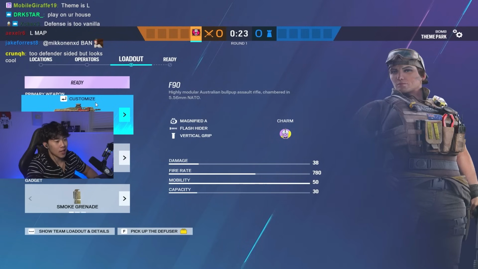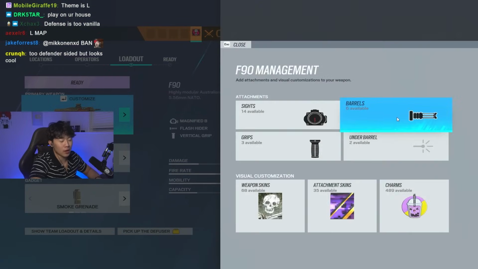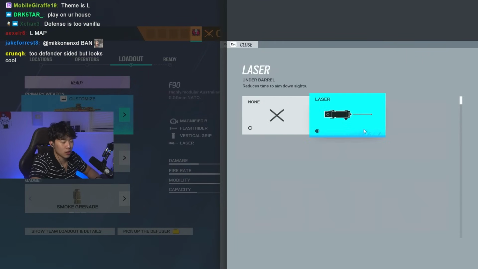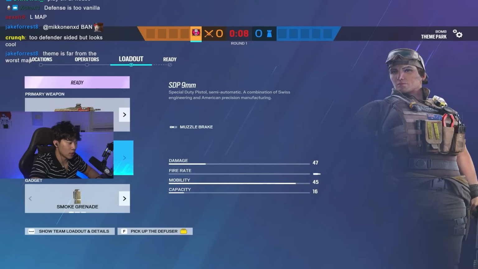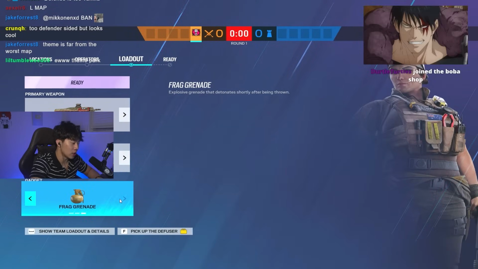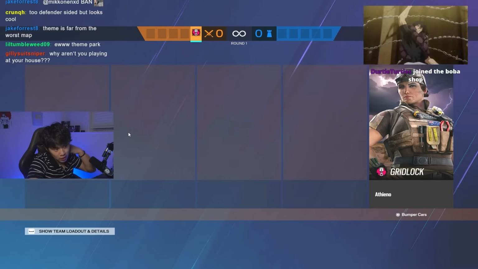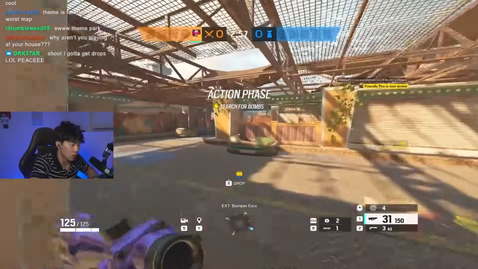All right, coming towards the end of this list, you guys would not have expected this one, but we have Gridlock. Gridlock, I am using the ACOG on the F90, such a throwback. You know, I'm going to be using flash, vert, laser. On the secondary, we have super shorty, and then I usually run the frag grenades or the EMPs, just because the EMPs can pair as a support for your hard breachers, or the frag grenades if you need to clear